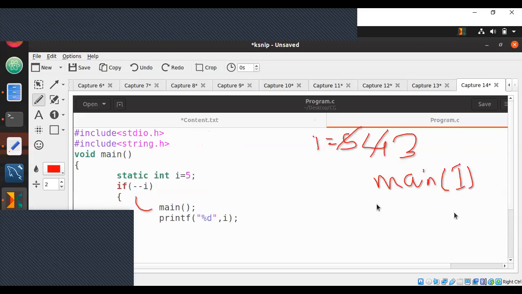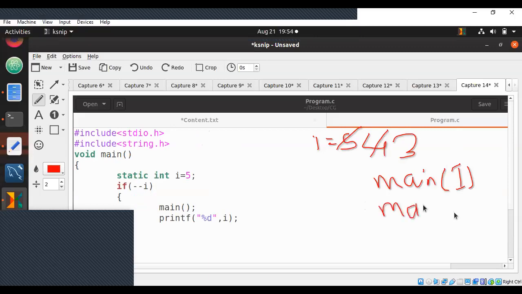So once it executes main for the third time, second time main function was called is paused. Main function is paused for the second time. It will go back third time to execute it. When it executes third time, same function, static variable is created only once, so this line is not executed. From second time, you are skipping those lines. So it does not execute, it goes directly to next line.